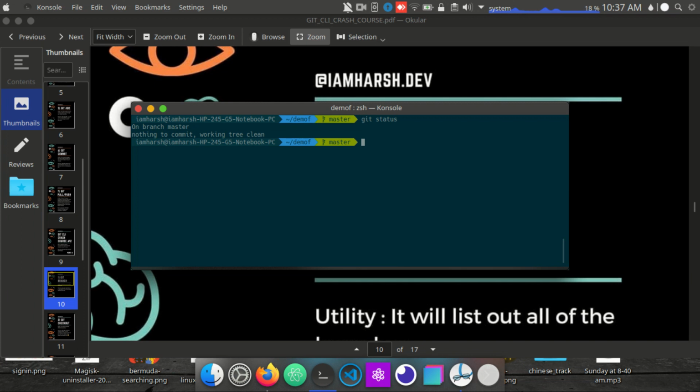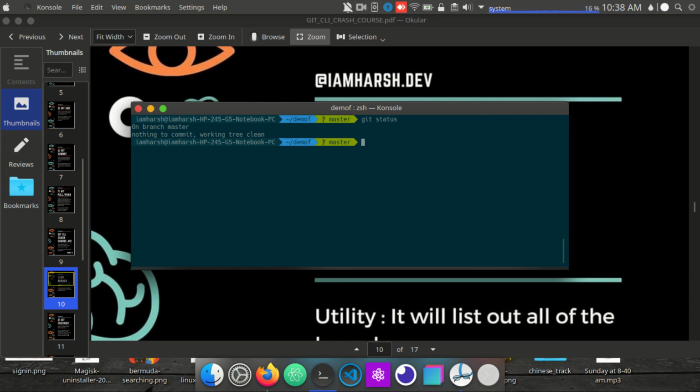Let's say your app runs on both mobile and desktop. If you want to keep the code different in the same folder, one version for mobile and another for desktop, what you will do is create two branches, one for mobile and one for desktop. Both versions of the code will be separated from each other, and both will have different code and different things.